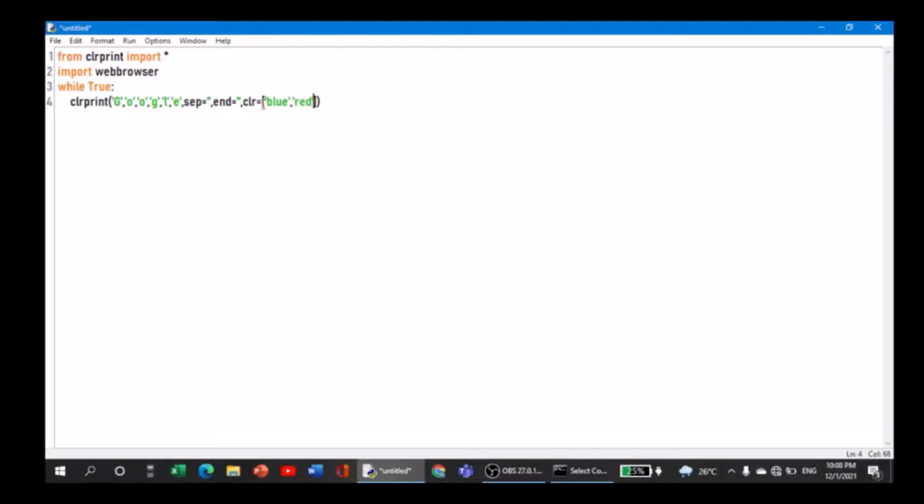So after blue I'm giving red, then yellow, and then blue, then green, and then red. Yeah, so that's all for printing the Google in colors.